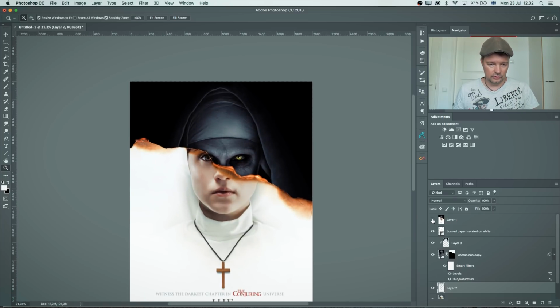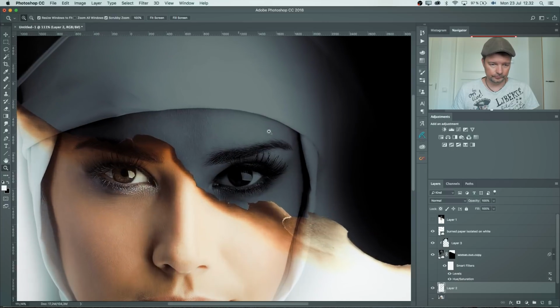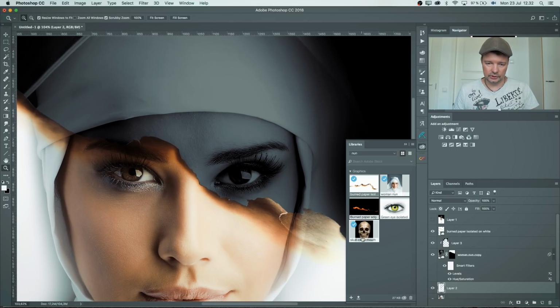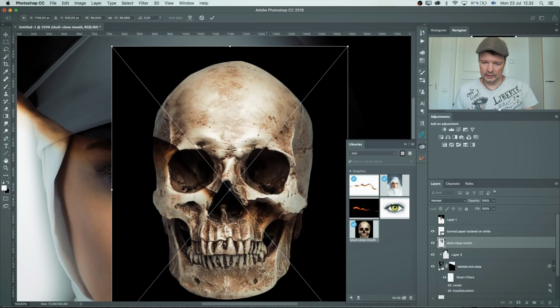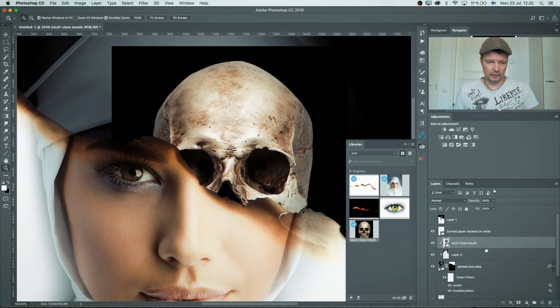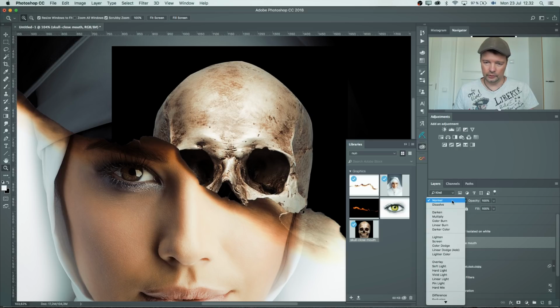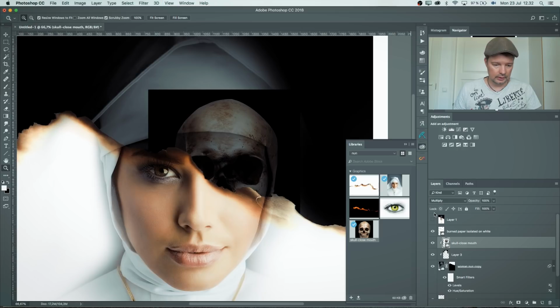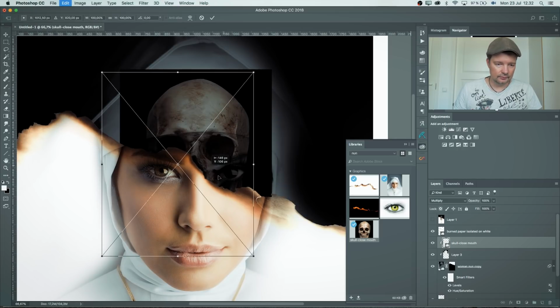So let's do that now. I have a picture of a skull. Let's bring it on top of this over here, and then I'm gonna clip it to affect only the top part, and I think multiply will work, and then I'm gonna scale it